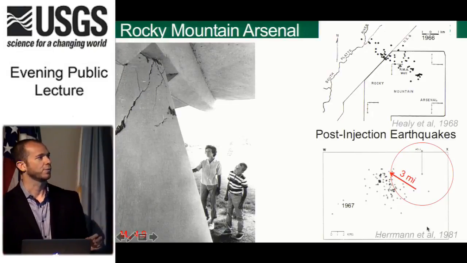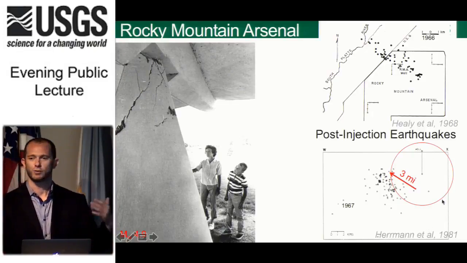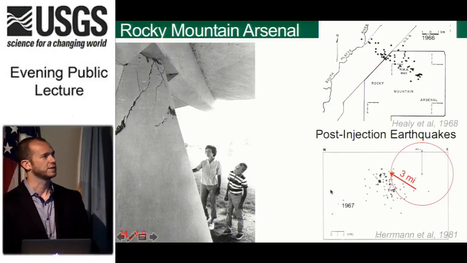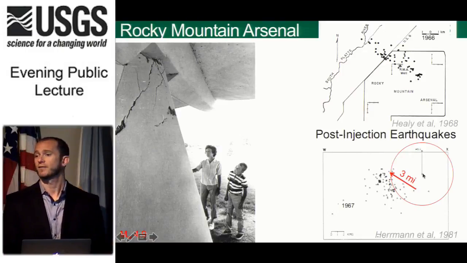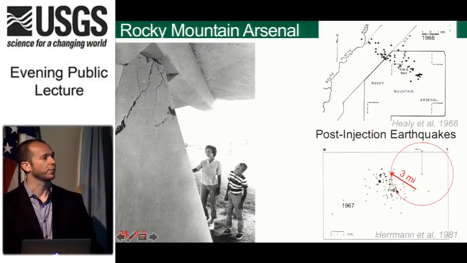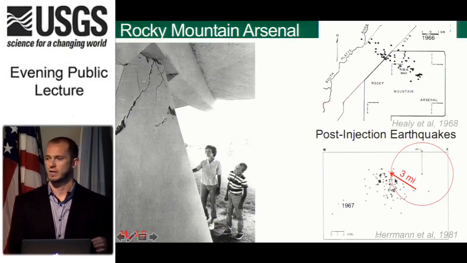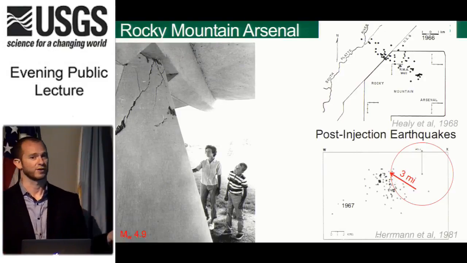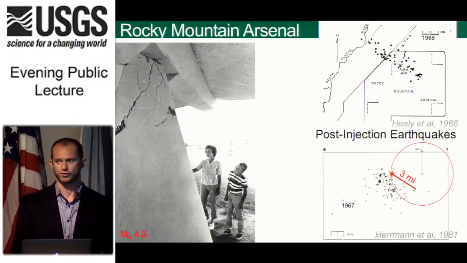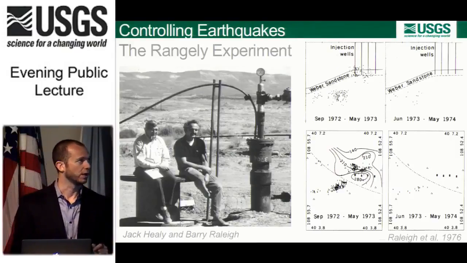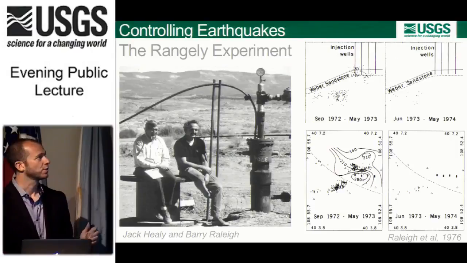The other important takeaway is in this figure right here. So here we're looking at a cross-section of the Earth. We've taken a slice into the Earth, and so this is up and down. And here's the surface, and here's the well, and this is the bottom of the well where you're injecting. And so now we're a year and a half after they stopped injecting. And we've plotted all the earthquakes in the area, and you can see nearly all of the seismicity is 3 miles or more away from this well. And so this tells us that you can have earthquakes at very significant distances away from the cause of these earthquakes. So the next historical study that I wanted to mention is work that was actually led